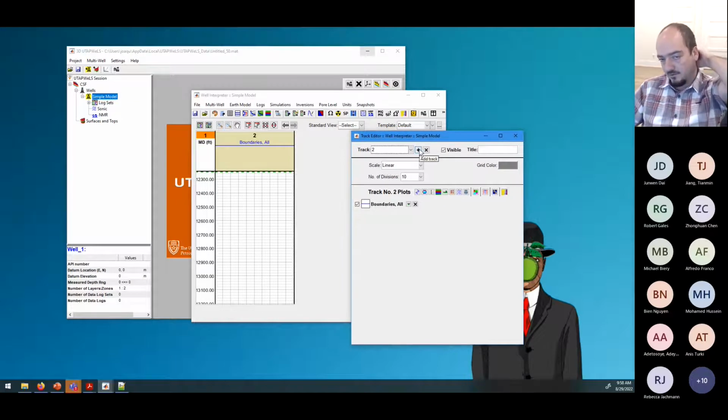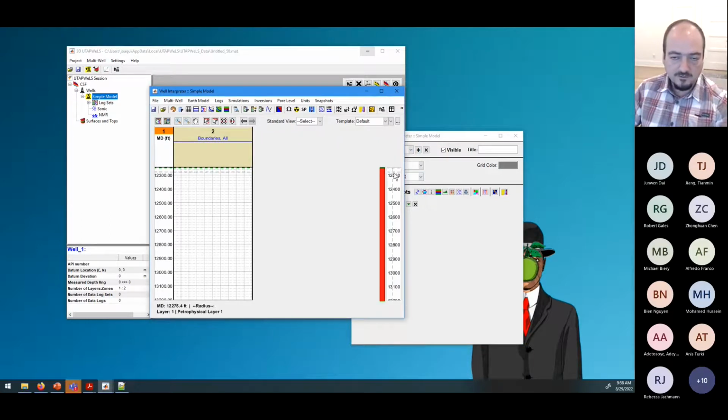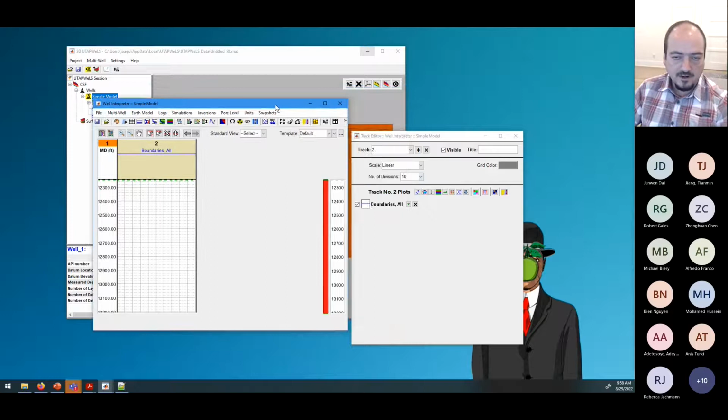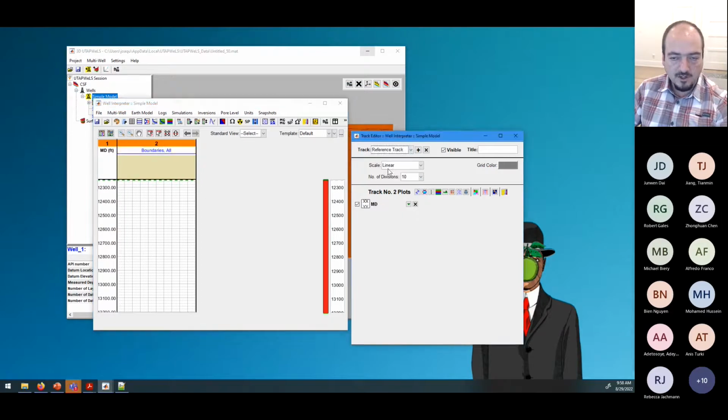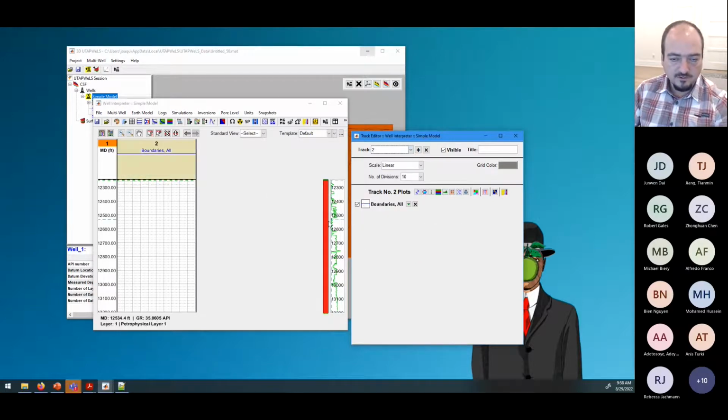You can add tracks here. You can also add them here by saying new track. And you have the reference track, by the way. The reference track is this track in the very right, that right now it's not showing anything. But well, there's an issue here. It should be showing gamma ray. And you can just do that here. I'm going back to number 2. This is not that important. So in track number 2,